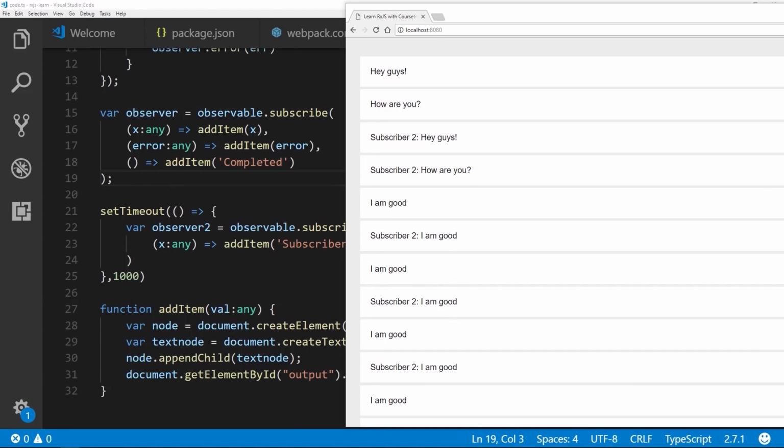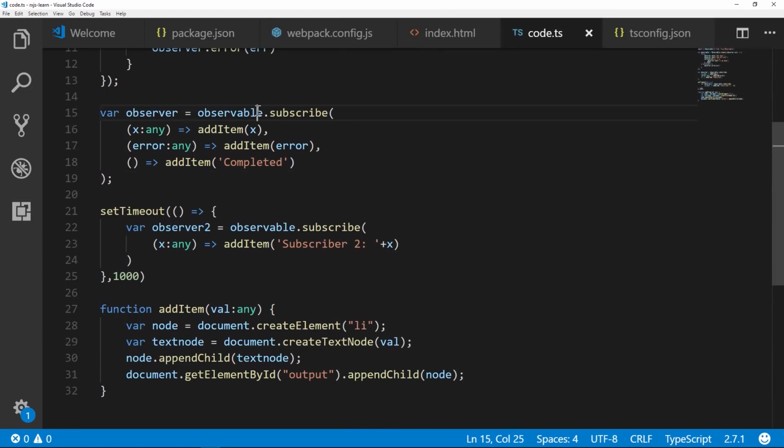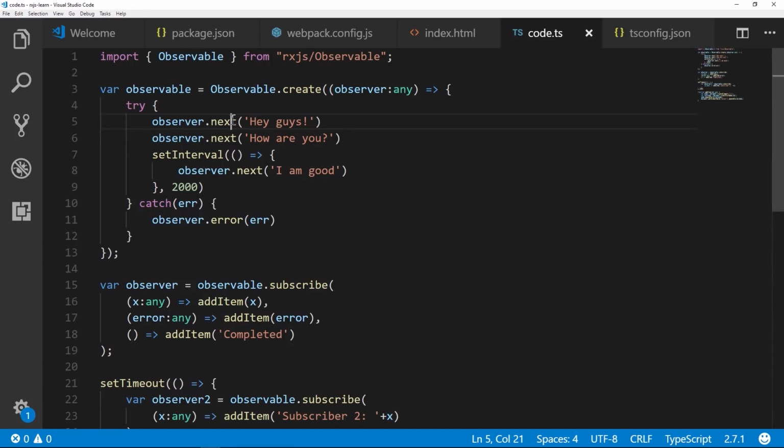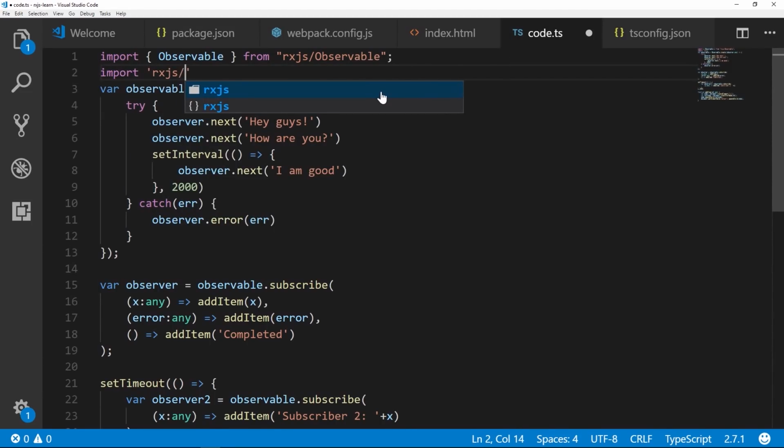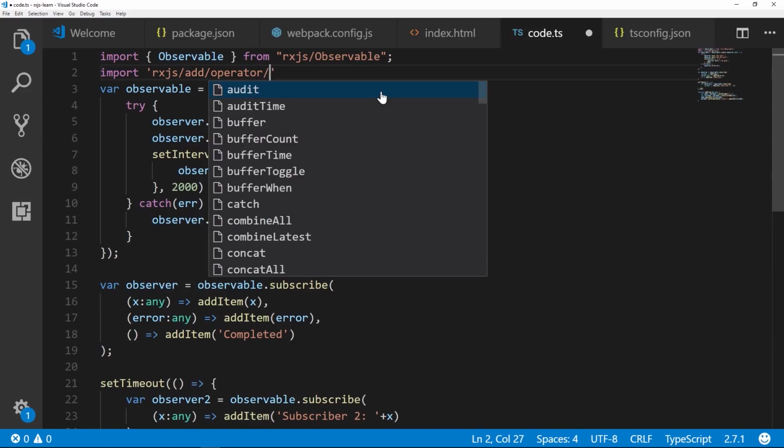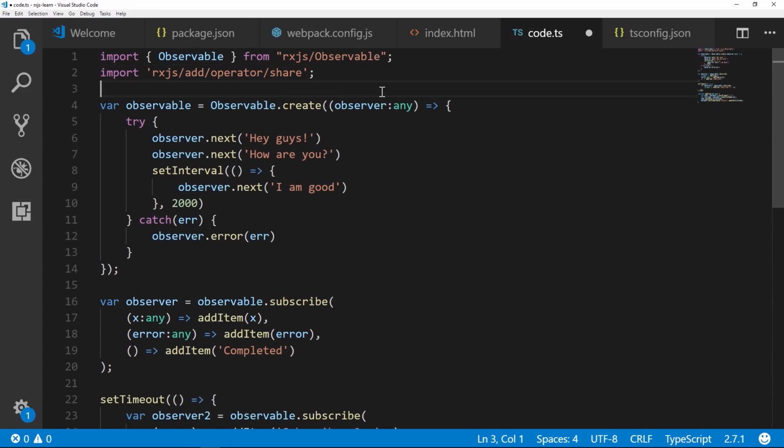And so an observable is hot when the producer is emitting values outside of the observable up here. So we can actually make this cold observable hot. And technically, this is more of what's called a warm approach or a warm observable with just a few changes. So if we import RxJS, add operator share, and we're going to learn about operators later on in the course, but we're doing it just for this relevant purpose here. If we add the share operator at the very end of our observable,